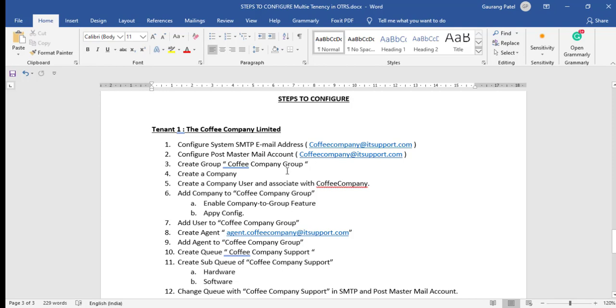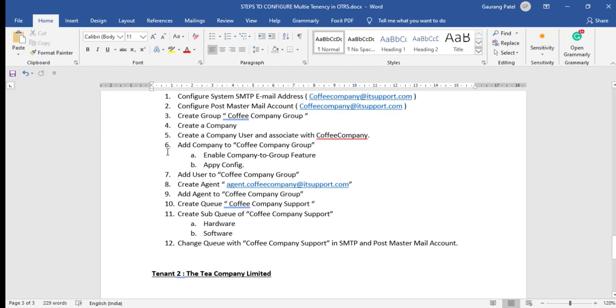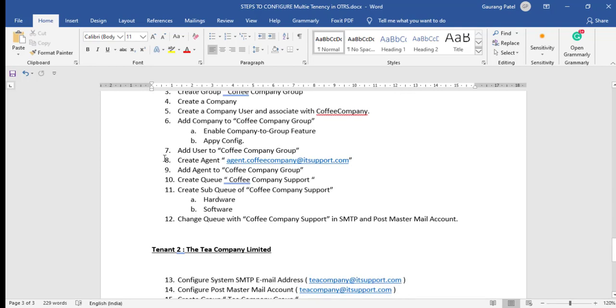In step number 3 we'll create a company. We'll create a company user and company group, and in the sixth step we'll configure the company to group and bind the company to the group. Then add the user to a group, create an agent, and add the agent to a specific company group, so that the agent can only handle or see the specific company queue only, right?